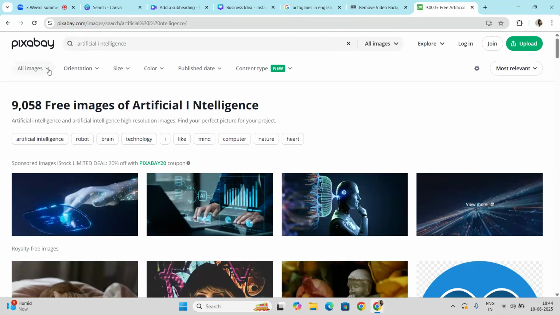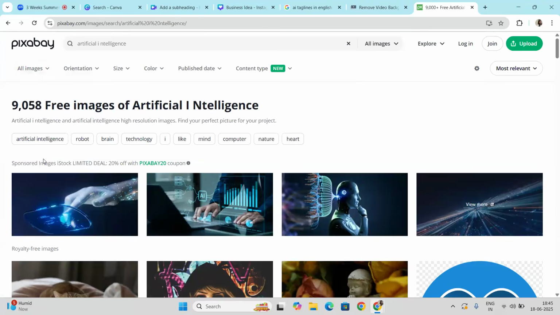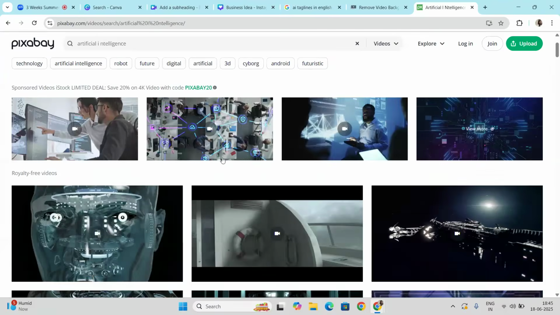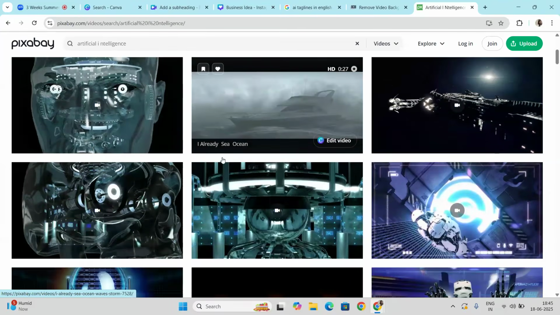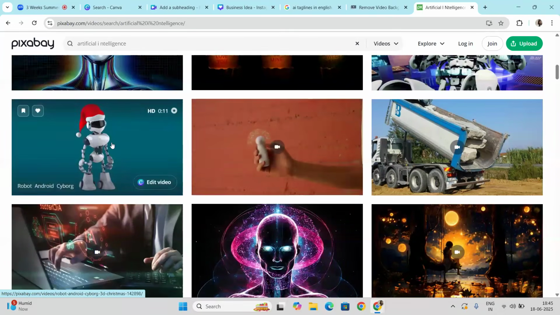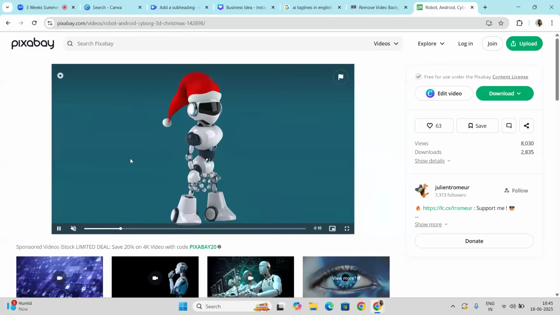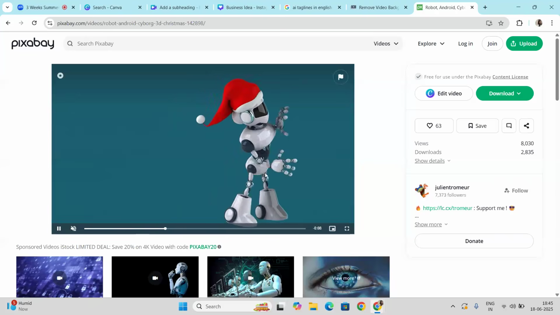Now I just want to take videos from this section. For example, I want to take a video from this. While clicking on the videos part, you come out with some videos. See, this is the robot video that I want to take, but I want to remove this green part. I just want to take this robot only.